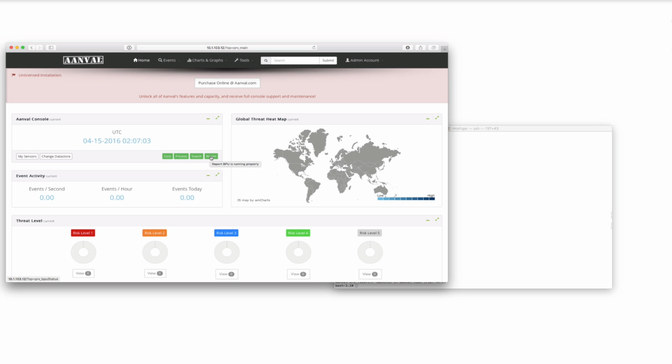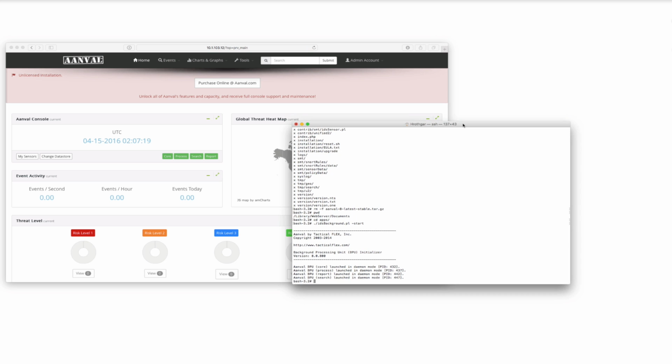Now, a couple things you'll notice. First off, I'm located here in the Mountain Time Zone, but our console is picking this up, showing that we're in UTC. Not a problem. Aanval is actually directly grabbing whatever time zone we have from our PHP INI. So,